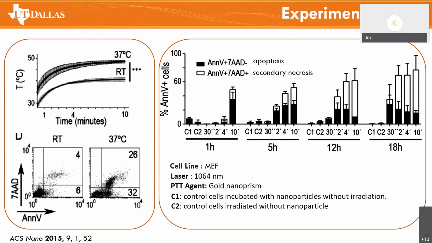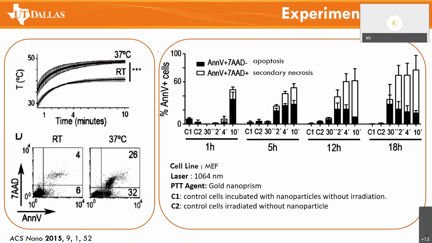But one interesting thing they did was that one time the initial temperature was room temperature, another time it was body temperature. After 10 minutes of laser radiation, data showed a 12 degrees Celsius increase in the case of room temperature, from 29 to 41 degrees Celsius, and a 13 degrees Celsius increase from 37 to 50 degrees Celsius for the other batch. And in both cases, the temperature reached a constant level. So as we can see, although the rates of temperature increase are similar, the final temperatures are different, by about 10 degrees Celsius. Then they looked at the effect of initial temperature on cell death by analyzing it 5 hours after radiation